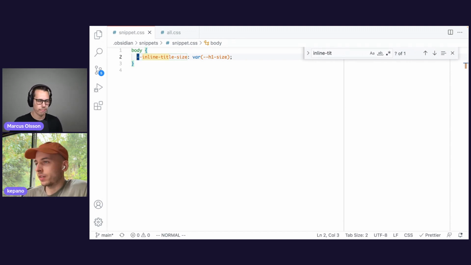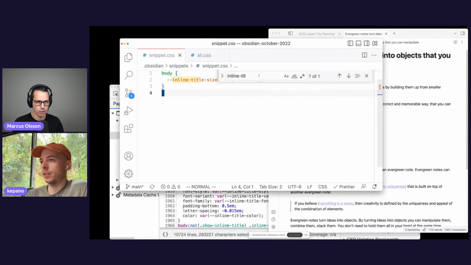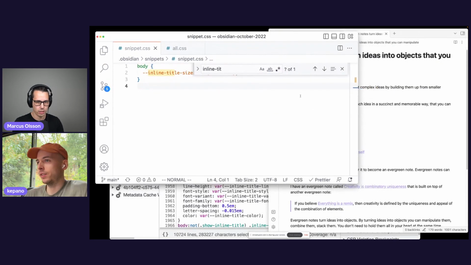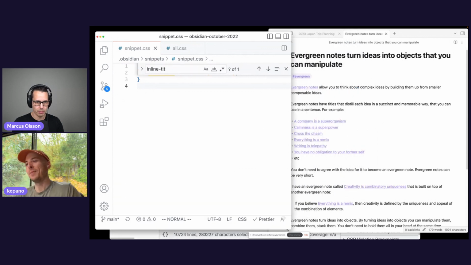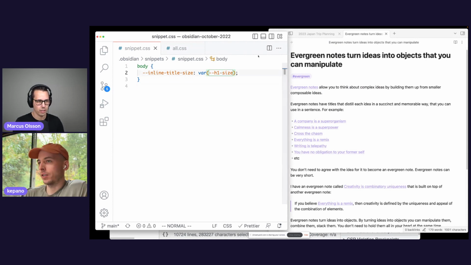Maybe you want to have it side by side with the app so that we can see. It should refresh automatically on the fly. So you haven't changed anything yet. Nope, not yet. Let's replace what says var h1 size with 1em